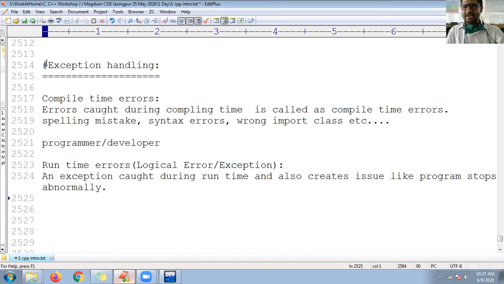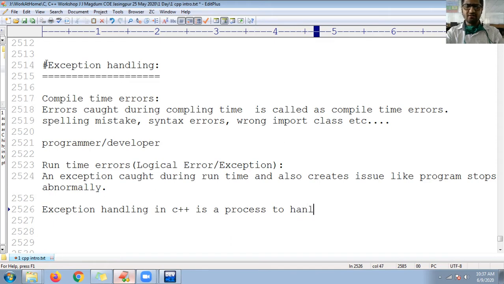You can use exception handling in C++ to track and handle the runtime errors. Exception handling in C++ is a process to handle runtime errors.